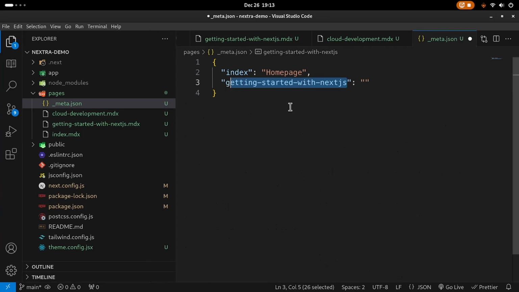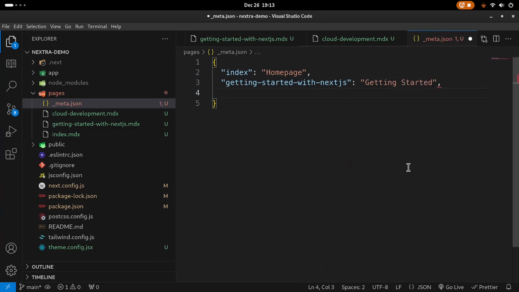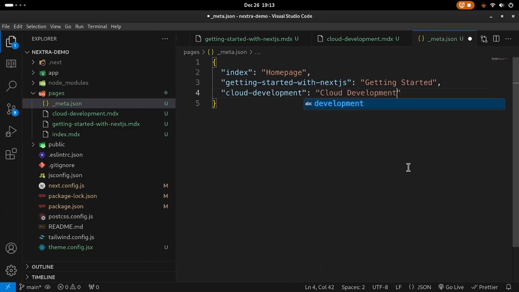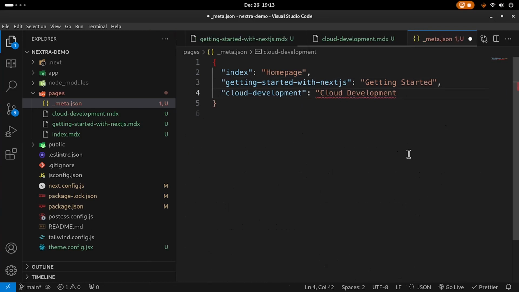I can say that getting started with Next.js is a good enough name, but I can rename it to getting started. And then for the cloud development page, let's just call it cloud development. Now, when I save this, and obviously without the closing comma, because we don't need this final comma,